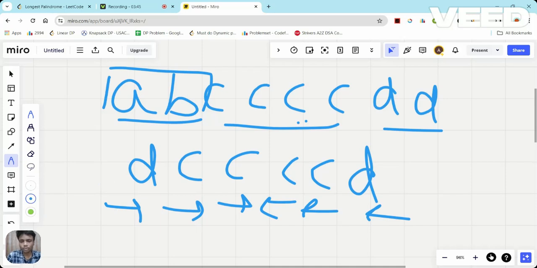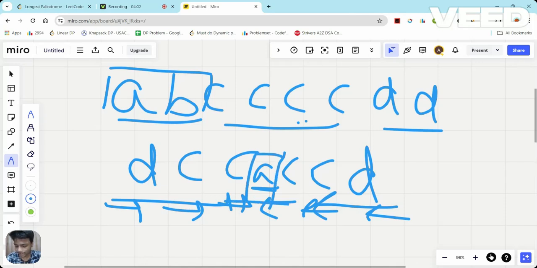No. So I need to insert it here at the center. Means I can put a character of single frequency at the center of the string. Three characters from here, three characters from here, and here I can put any character of single frequency. In that case only, I can build a palindrome.